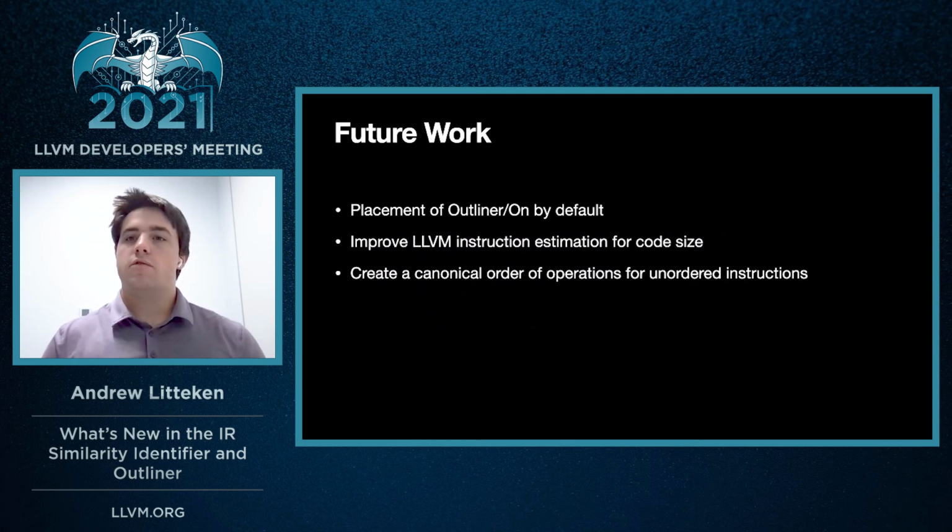Most of this work is in open source already, with a few more complex feature directions for the outliner. We'd like to determine ideal location and strategy for the outliner and size-based optimizations. We'd also like to improve our generated assembly code from LLVM that would benefit the estimation of code size reduction, better prioritizing what to outline. We'd also like to expand our matching beyond identity, where we canonicalize the order of operations on certain inputs, flattening the similarity space, giving more